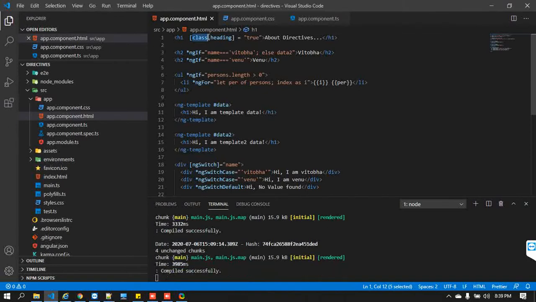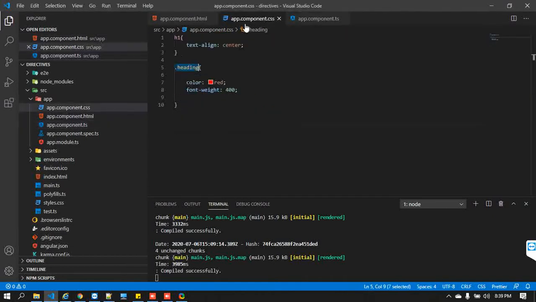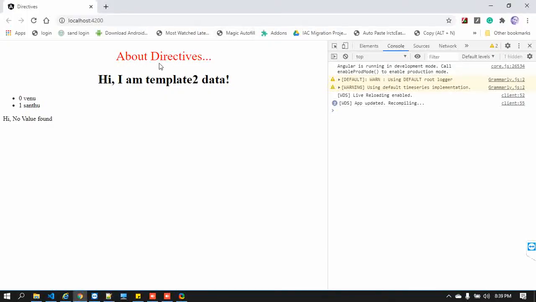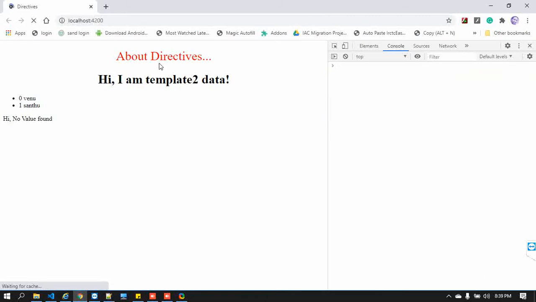In that object you are going to add your respective CSS classes. So at this moment, class.heading. I have added one class, that is a heading class, and I have attached it to the class object. Whenever it is true, only then will this respective class be applied. For example, I'm keeping false. At this moment it won't apply, so that class will not be applied. See, now these respective things are not applied.